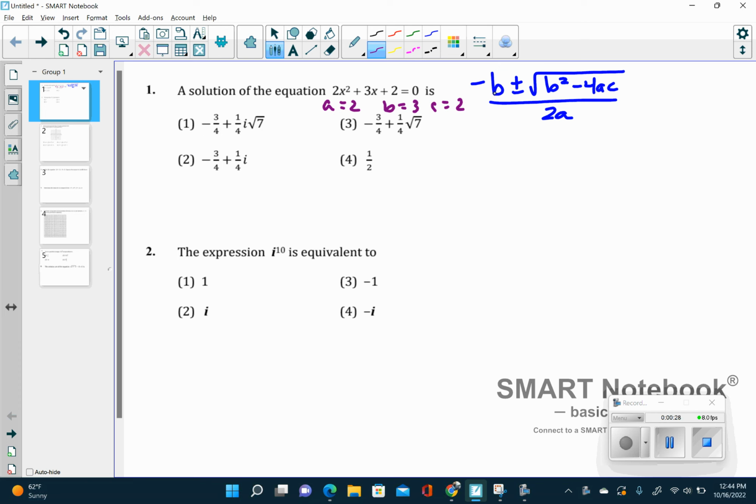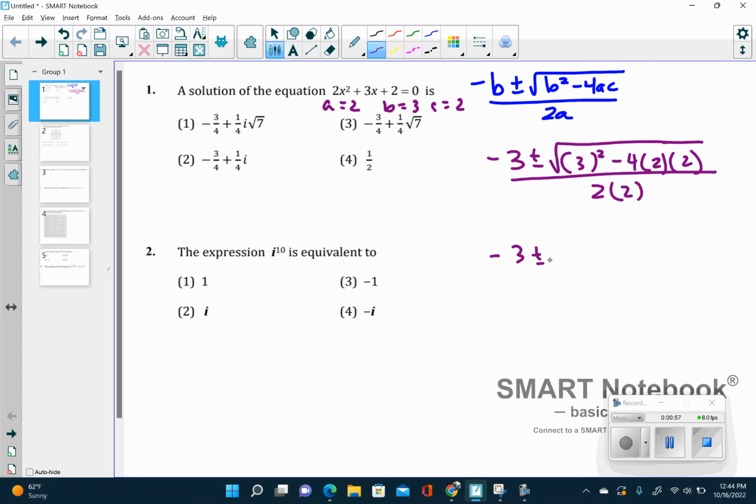This first part says whatever B is, which is 3, you do the opposite of B. So the opposite of 3 is -3, plus or minus. Then you have a square root symbol, and you do B squared. B is 3, so 3 squared minus 4 times A times C, divided by 2a, which is 4. So now you have to take this -3 plus or minus the square root of